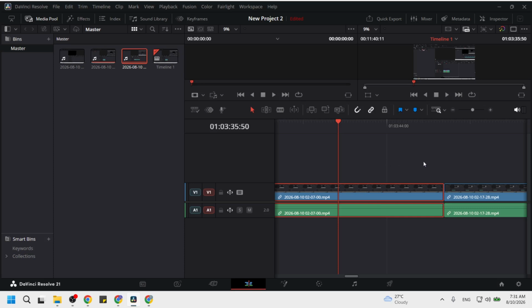A useful detail here is that changes you make on the edit page apply directly to your main timeline without any extra save button. Now, move your mouse cursor directly over the cut line, the edit point where two video clips meet. In the timeline, that cut line is the thin vertical line between the end of the first clip and the start of the second clip.